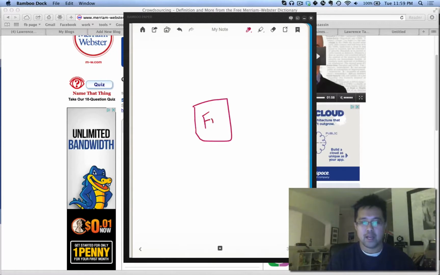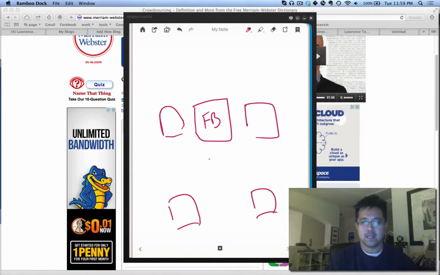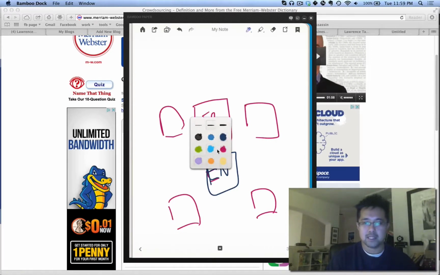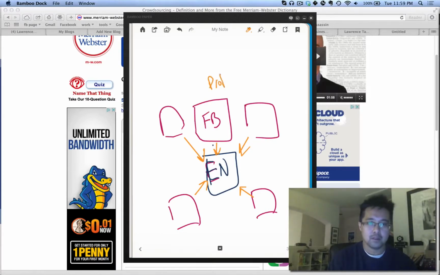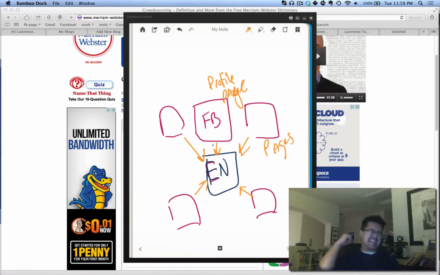If you had a Facebook page, not just one, but multiple, and then you had your blog, now let's just say they all pointed and you were pulling data from all these Facebook, not just your own profile or page, but how about pages? Think about that, pages.